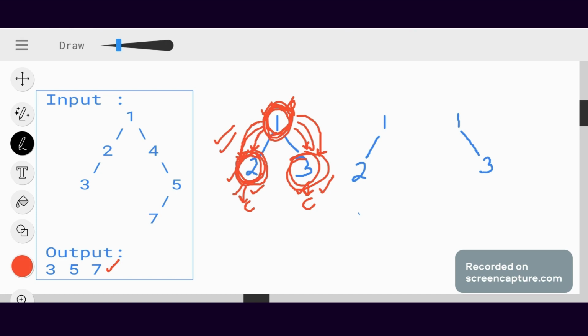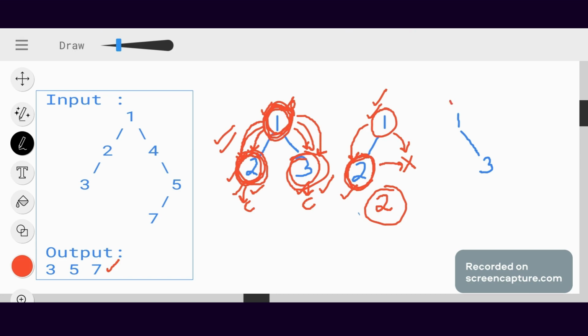Now moving to this tree. This is my root node, so this is my parent node. Moving to the left side, this is the child node that we have got. Fine. Move to the right side. Do we have a child node? No, we are getting a null value. So that means this parent has a single child node. If it is a single child node, then it does not have any sibling. So this 2 does not have any sibling, so we will print this 2 because it doesn't have a sibling, and we are asked to print the nodes that don't have a sibling.